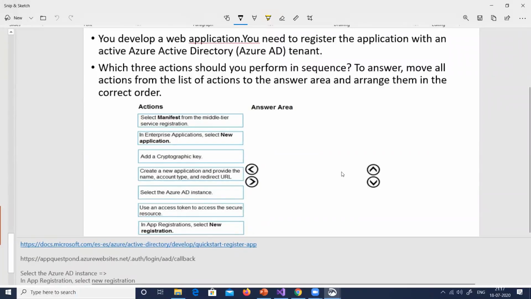First thing, select a manifest. I don't think we did anything of that kind, right? Select a new application. Well, we did not do this as well, right? We did not select any kind of new application. Did we add any kind of cryptographic key? No, we did not do this as well, right? So what we did, we did select the AD instance, right? Okay, this question